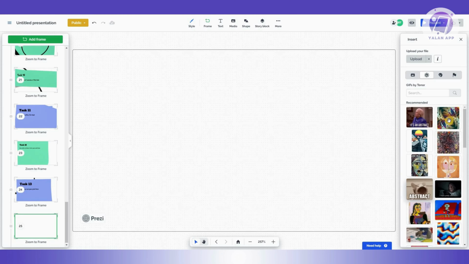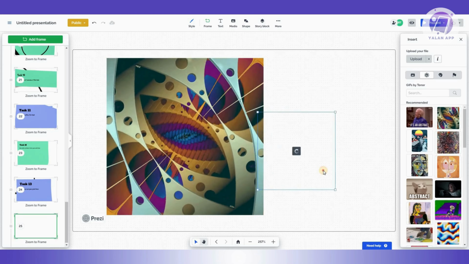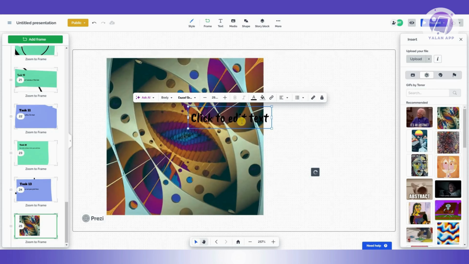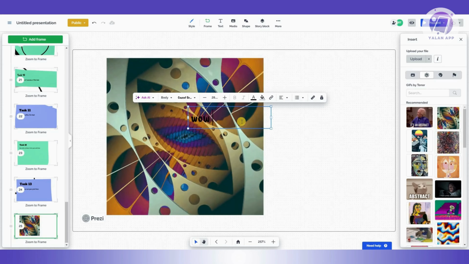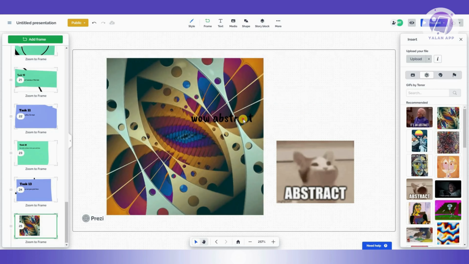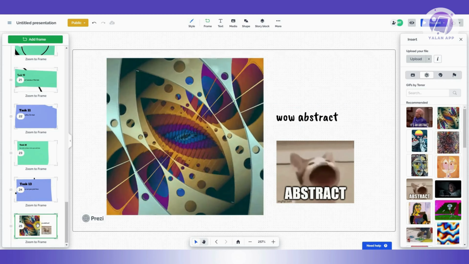For example, we want to add this one, and we want to expand it, and we also want to add this one as an example. And you could add a simple text here, and let's just say abstract. From here, it's going to select one of the empty spaces. As you can see, we now have a section. In this case, it is a frame that we just created. Now, the great thing about Prezi here is you could also